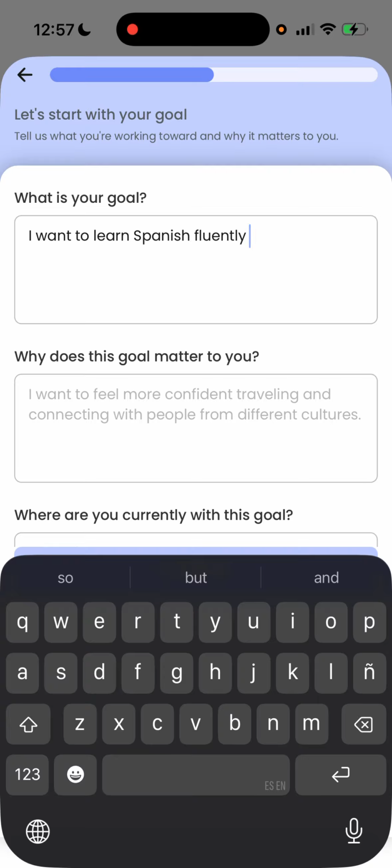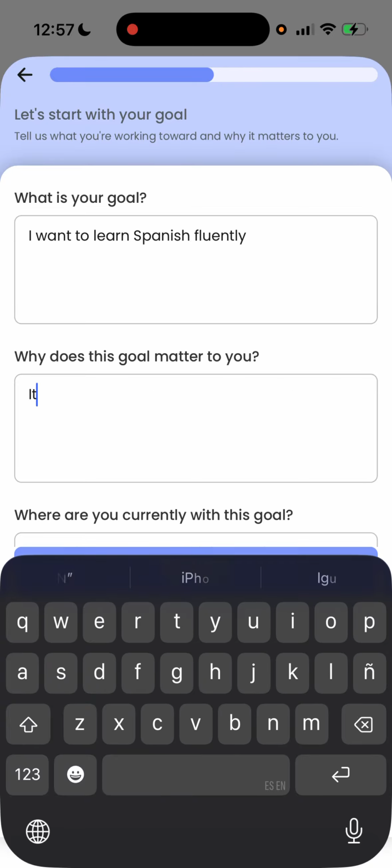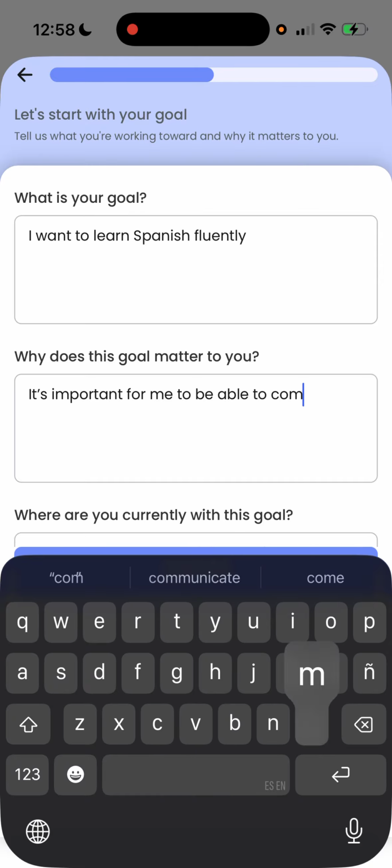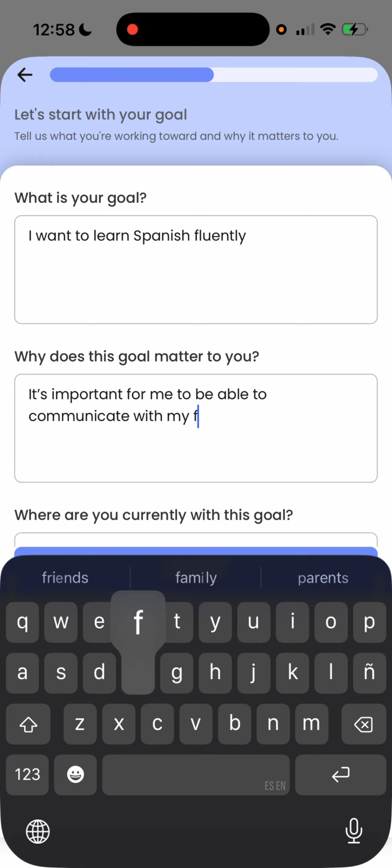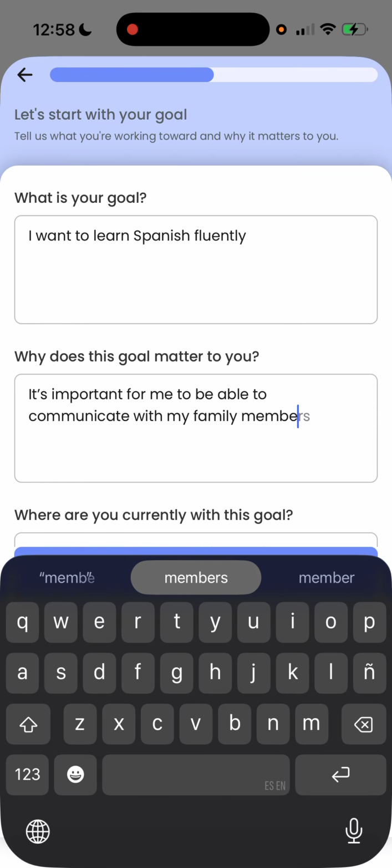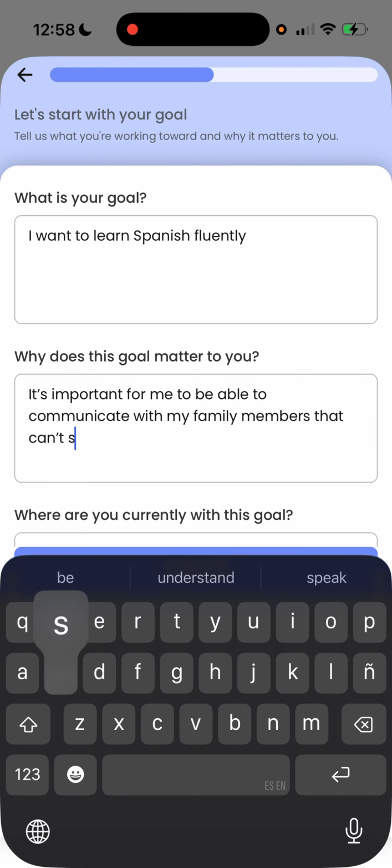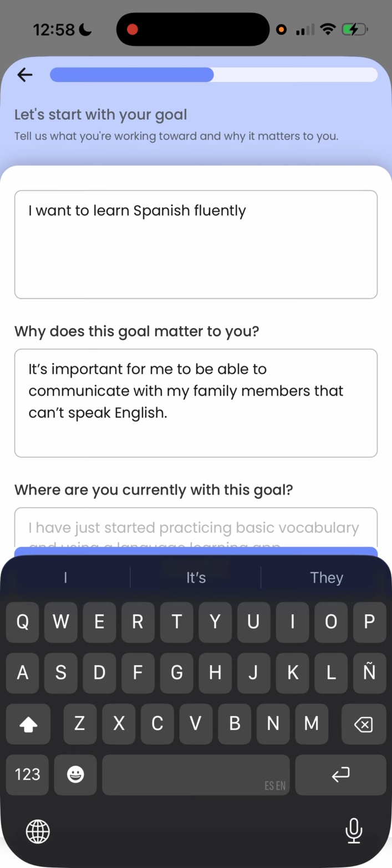So for instance, my goal is I want to speak Spanish fluently. What does this goal matter to you? So this is another significant part of this, really understanding why the user actually wants to accomplish this goal, because this is an important part of how users can be connected. So it isn't just an app based off of, oh, you have the exact same goal as me. It's do we share a similar mindset? Do we have the same motivation? And using that intrinsic value to basically connect people on a deeper level than some of the other applications that are currently out there. So for me, it's important for me to be able to communicate with my family members